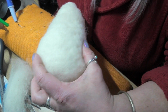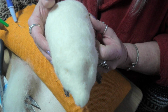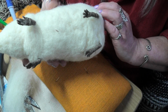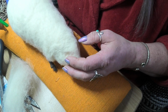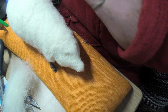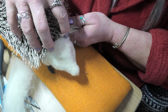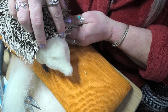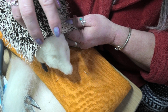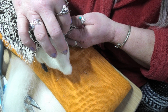Okay, so I've got my shape for my hedgehog. I'm quite happy with his face and the rest of the shape of him, his little feet, so I'm quite happy with that. I've laid the fabric over him. It needs to come back. He's got to have his ears about here, and so his spikes are going to come just a little bit forward of his ears and then go back behind his